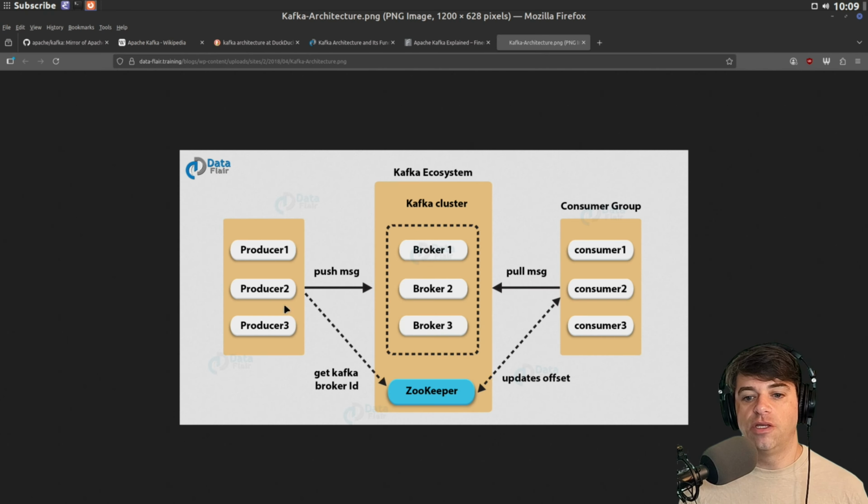Yeah, they push messages to consumers, and somehow they get a broker ID. I don't know if they have a unique ID per message or per producer. And then you pull messages, and you update offsets. Maybe offset is just like where you are in the append-only log. So this is just some log of stuff that happens, and you keep essentially like a pointer, I assume, to the last thing you read, and maybe that's what it's calling an offset.